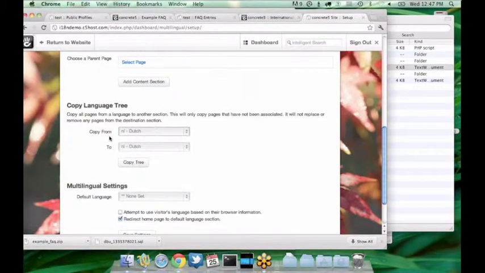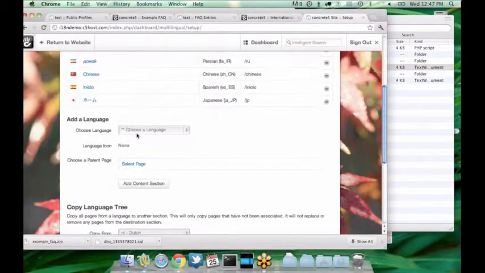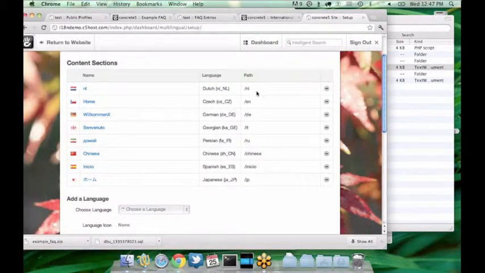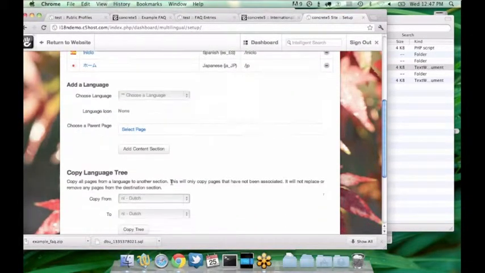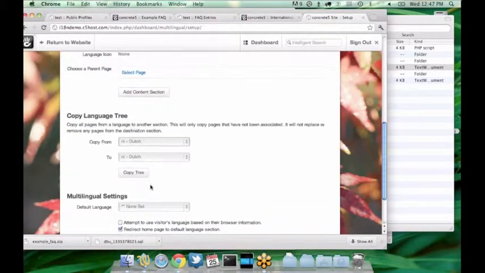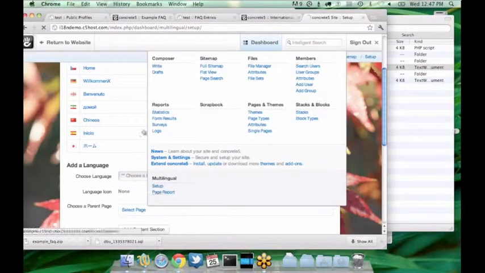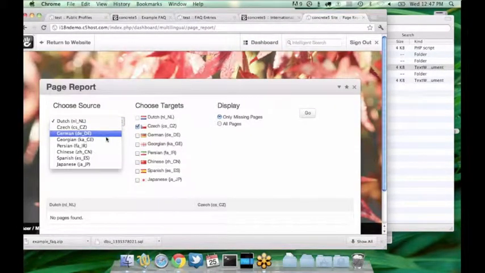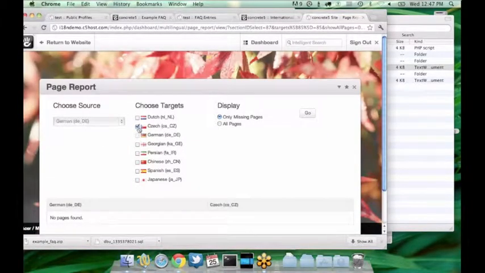So you could have a completely finished English section of the site, create all the different language trees at different sections of your site, and copy the English out to the Dutch section. Then run a report showing me all the pages that are found in the German section of the site